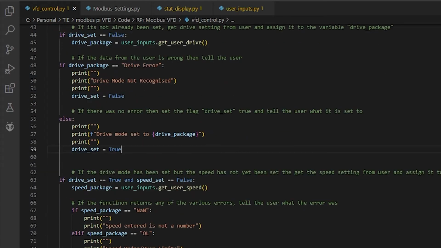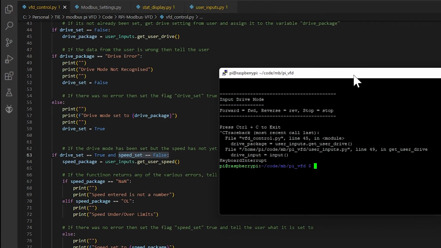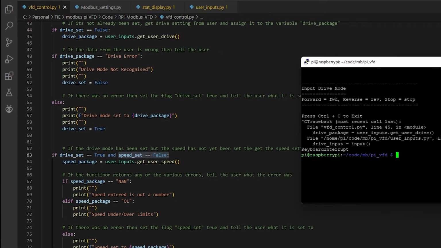Next part of the code does pretty much exactly the same thing, but on the speed side. So we can check the two flags. If drive set is true, which it would be if we've just done all this properly, and if speed set is false, like we haven't put a speed in yet, we move on to that next portion of the code. In fact, we can actually do this here. So if I run this program again,